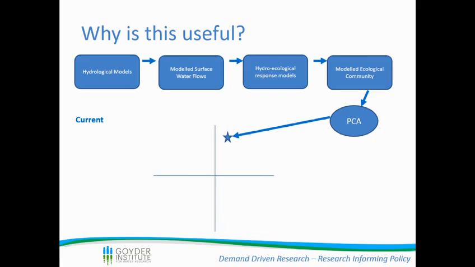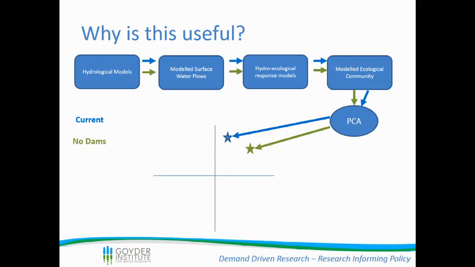We run that through a principal component analysis, actually a principal component ordination, and that gives you a point in 2 dimensions. Now what this point represents is that community in space. So it takes all of that information about the community, collapses it down into basically 2 numbers, an x and a y, and puts it in 2-dimensional space. So that's where that community is. That point represents that community under current conditions.